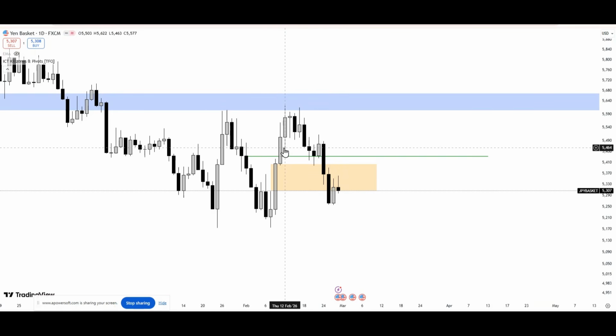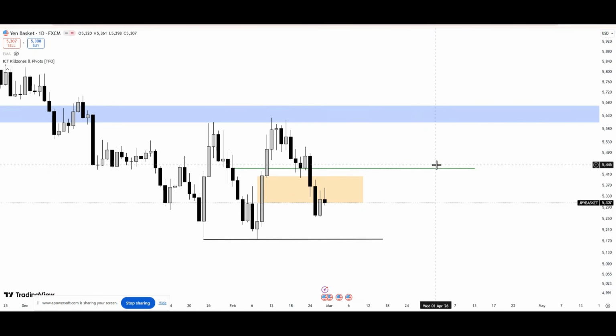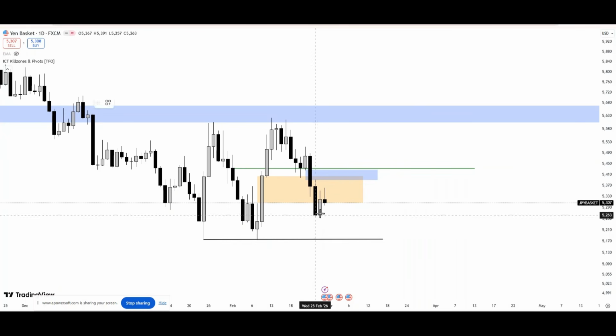You can see price inverted this fair value gap, also inverted this fair value gap here. So far we have equal lows here, and you also have this low here. So this can be a good low that the market can come for if it's still bearish. And so far you can see we have this inversion fair value gap, and also there's this fair value gap up here. So price can likely use this inversion fair value gap to push price lower, or it can still tag this fair value gap so we can take out these highs before we get that bearish momentum.